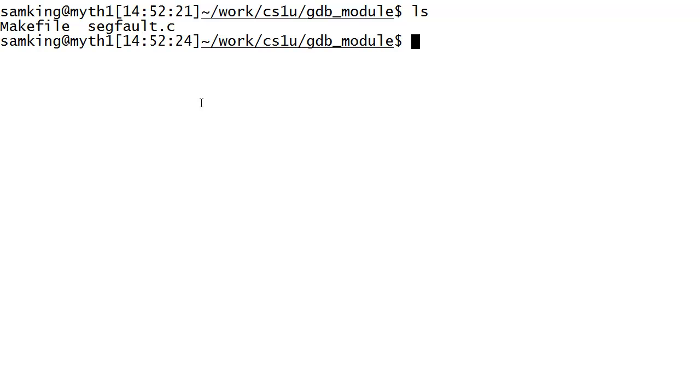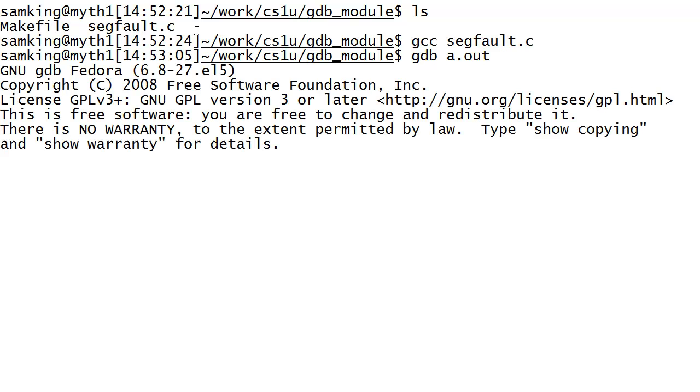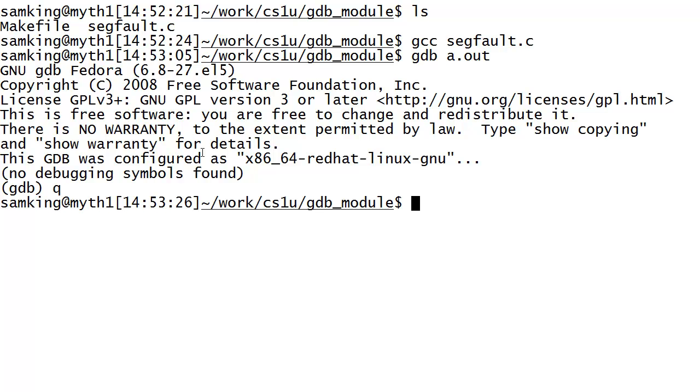Here you can see that we have one file to compile, segfault.c. It's called segfault.c because it has all of the bugs that I could think to add. The first thing you need to know is how to compile it to use the debugger. If we just compile it with GCC regularly, then even though we can use GDB on the resulting file, you can see that it says no debugging symbols found. What that means is that if you try to debug it, all you'll have is assembly code. And that might be what you want if you want to debug an assembly, but for the rest of us who don't know assembly by heart, you'll want to compile with